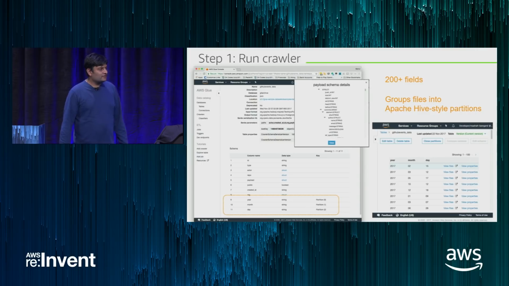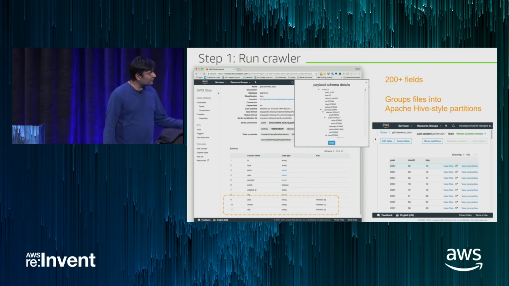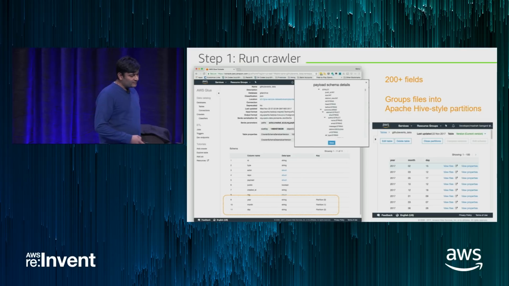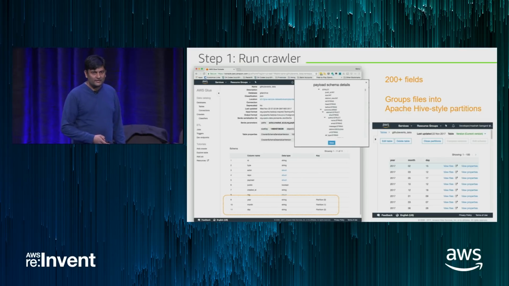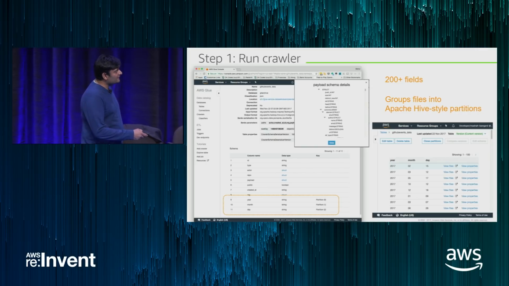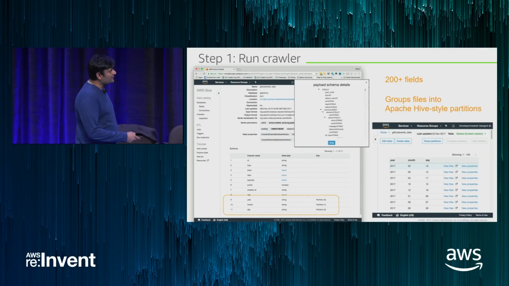So the first step is to actually crawl this data using the crawler. So what the crawler will do when you point it at this data is come up with this beautiful schema that you see on the bottom left, okay? Over here you'll see 8 columns here. Sorry, this is a little bit dense here. But those are the sort of top-level columns that all the event types share. It detects the data type as well, and if it's a structure, you can actually double-click on that structure, and